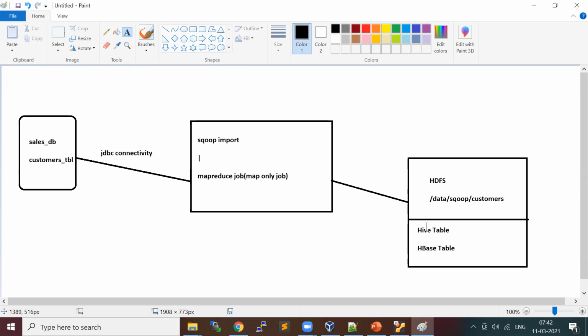HBase is a NoSQL data store, a different component in Hadoop, purely meant for high throughput read and write. In Hive, whatever you perform, your select query, your insert query, performs a MapReduce job.